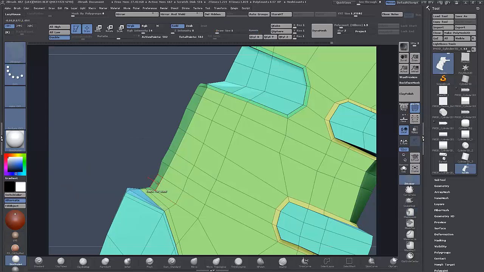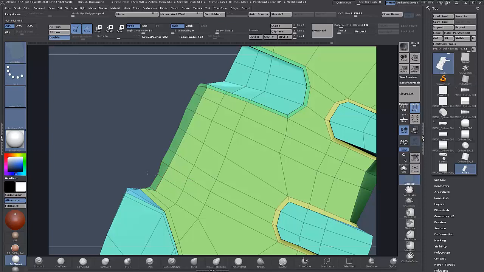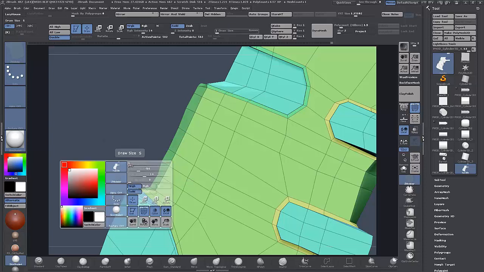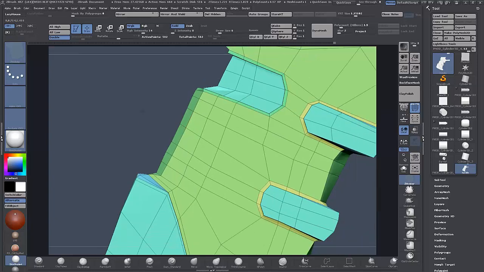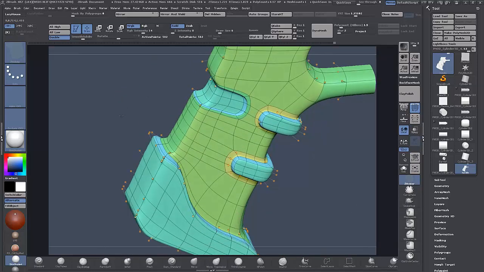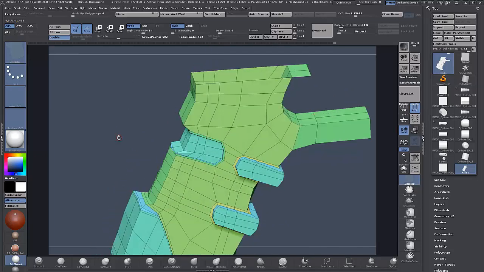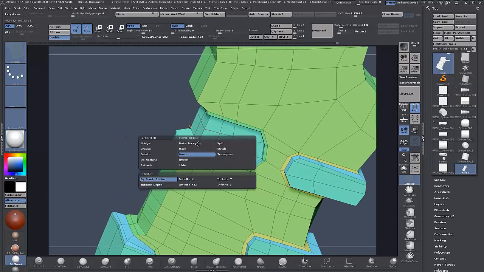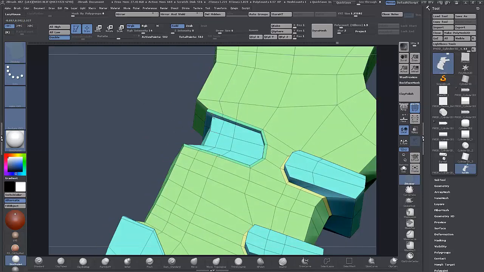Kind of keep it straight here from an orthographic, and might just want to go to move and drop down brush size. I think we're still on slide there, sorry, we're still on slide. Back to move. Brush size is too small, and just to kind of straighten some of these up here, and do the same here now. Slide these back to slide, and just slide these back, just to give it a small bit of roundness there to the